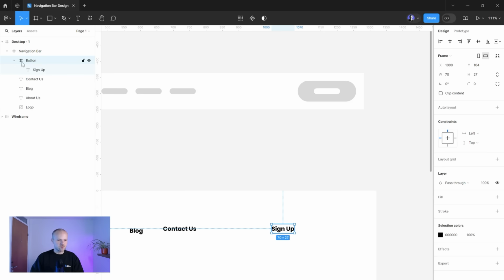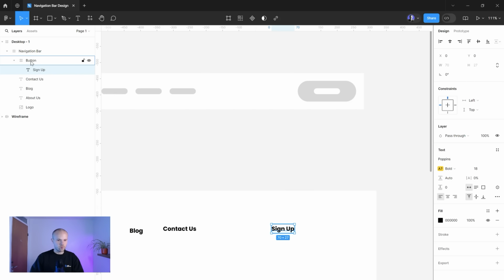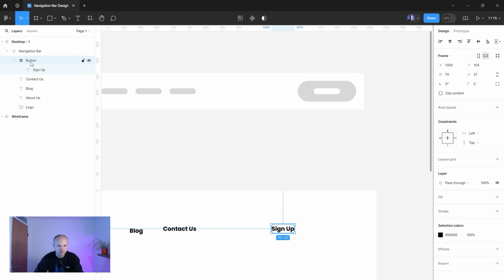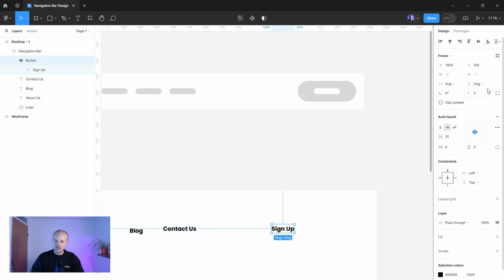And if you open that up, you can see that the sign up text is now contained within button. So select the button, select the frame, and come over to the right-hand side, and we're going to turn on auto layout. What this is going to allow us to do is, as you can see up here at the top, can you see here where it says hug and hug? What that's effectively saying is that the width and height of the frame is set to automatically adjust to hug